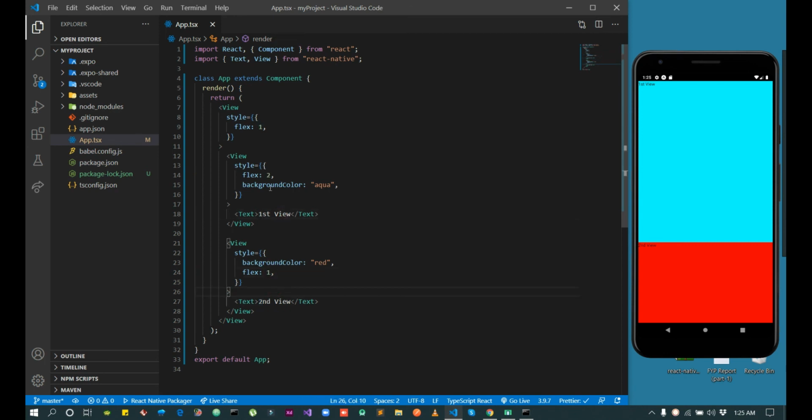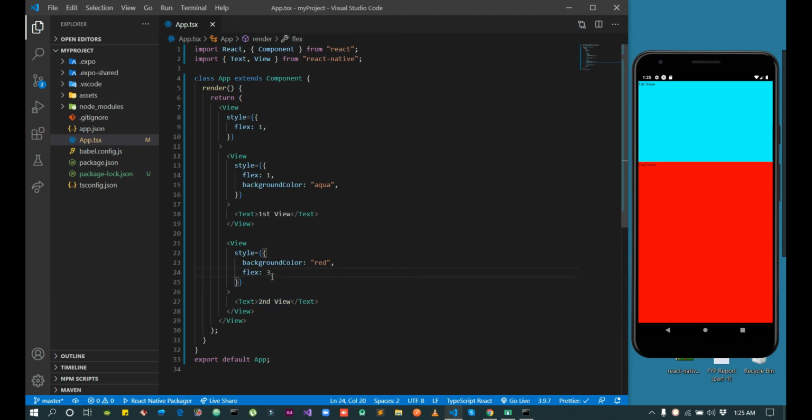And if I use 1, I am dividing into 2 pieces and giving equal height, and if I use 2 in the second view, you can see I am giving 33% to the first view and 67% to the second view.